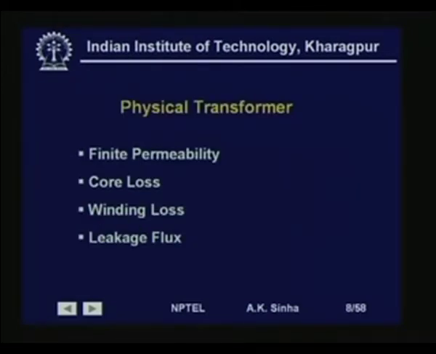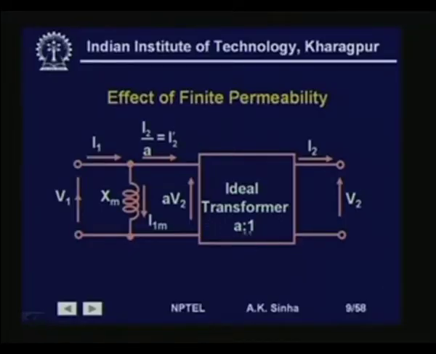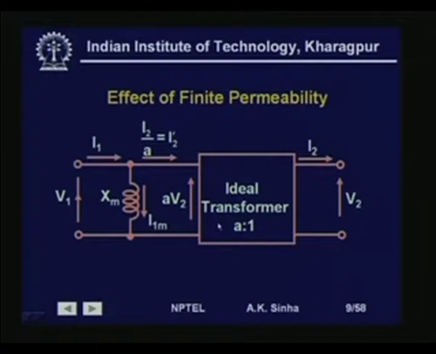So, in a physical transformer all these things happen, that is, permeability is finite, core loss is there, winding loss is there, and leakage flux is there. Now, how do we incorporate this into the ideal transformer model? So, we have an ideal transformer model here, which basically means that it is doing only the current and voltage transformation. There are no losses, no current required, and all that, whatever concept we have talked about for the ideal transformer. So, we want to now